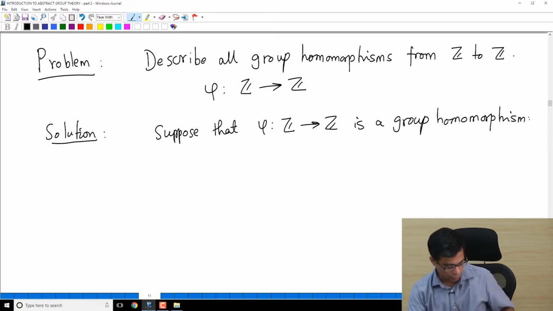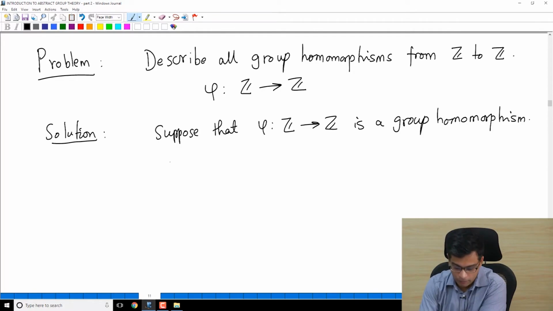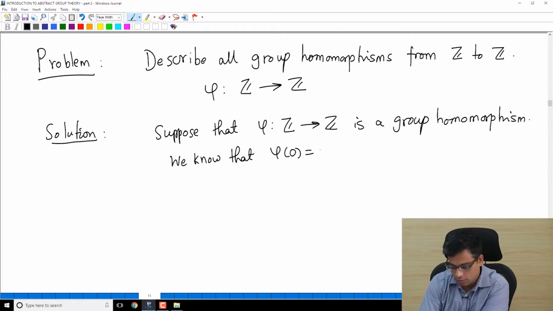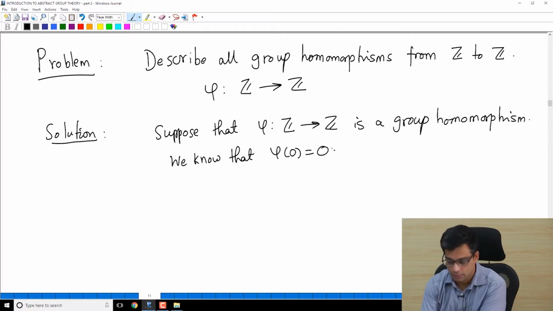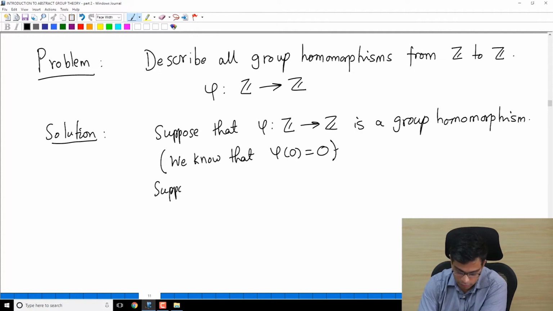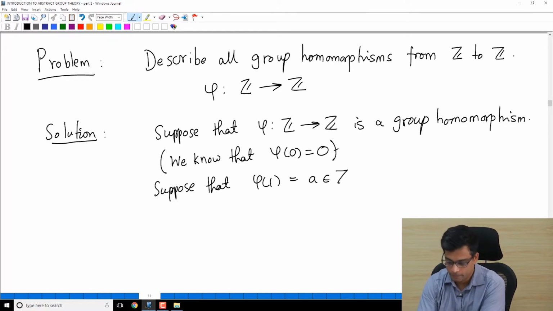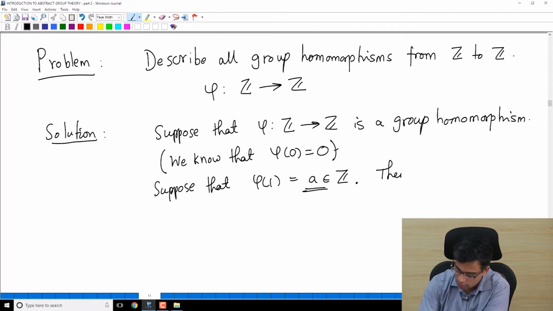And if you recall from the properties of homomorphisms that we have already studied, we know, for example, that a group homomorphism must map the identity element to the identity element. In this case, the identity element is 0. So this is guaranteed, this is forced by a group homomorphism. But now suppose that phi of 1 is some integer. So phi of 1 is some integer, so I am going to call it a. Then what is phi of n